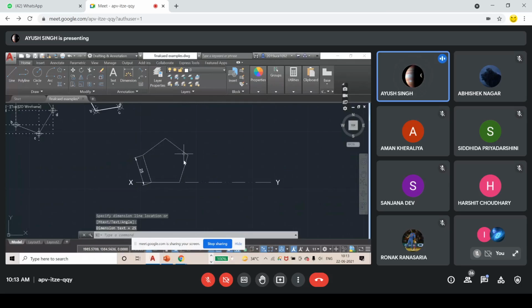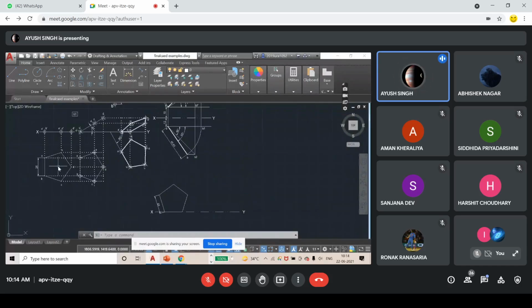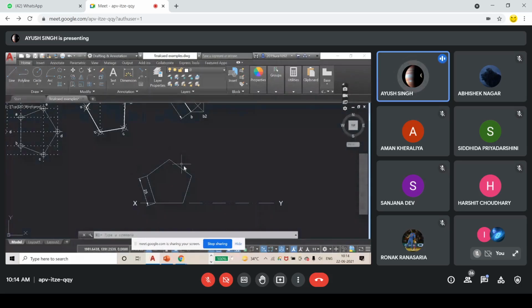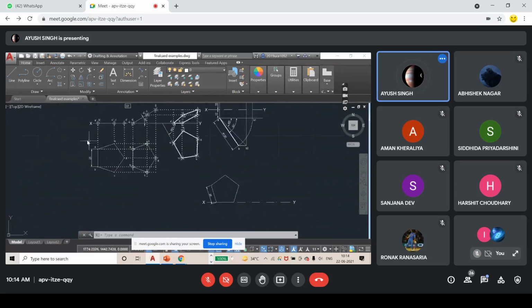Here 25. Now this is in the front view. I will be marking these as A dash, B dash, C dash, D dash. Now this is a solid, not just a pentagon plane. It has two faces coinciding here, one is the front and one is the back side, and in the middle there is a 50 mm length. So I will mark outside what will be visible in the front, and inside I will be marking 1, 2, 3, 4, 5, which will be visible behind, after 50 mm.